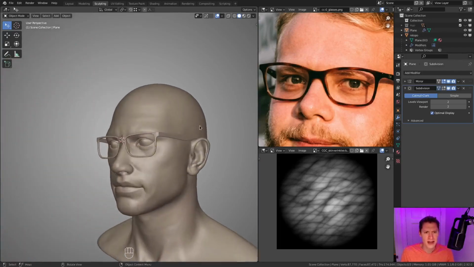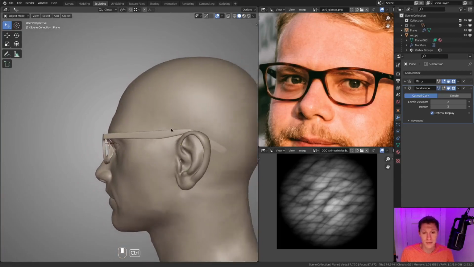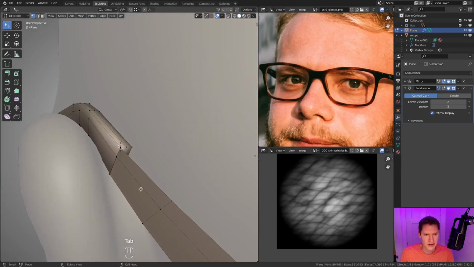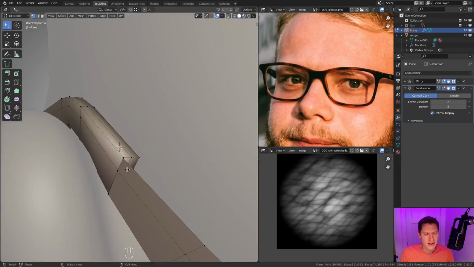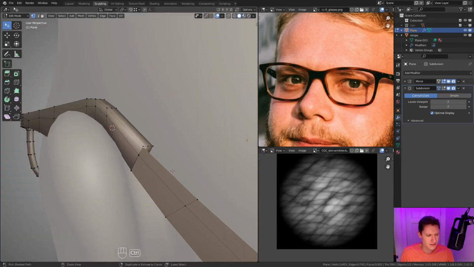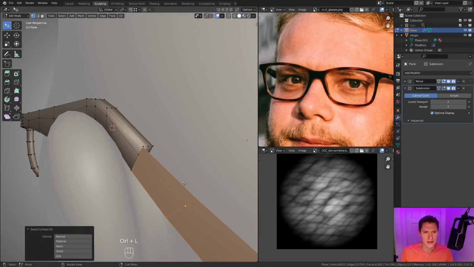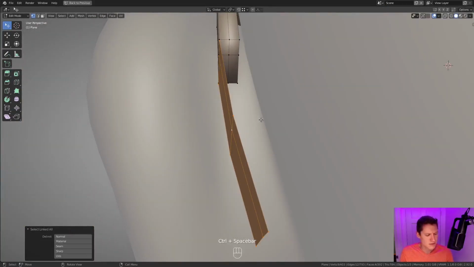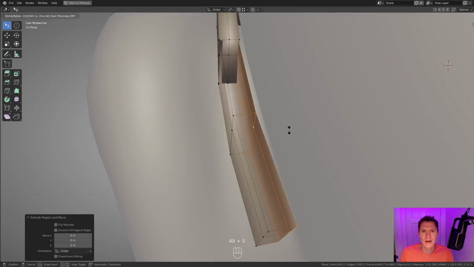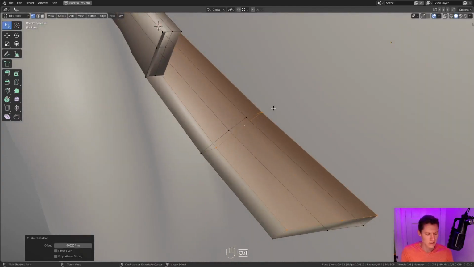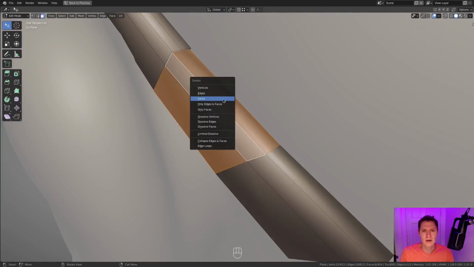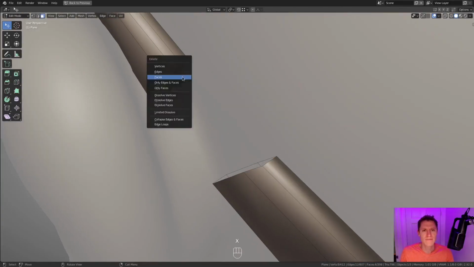All right, let's get a feel for the glasses now that the frame is finished. Oh, except for that little part in the back that I messed up. What happened here? I accidentally separated these, it looks like. Okay. So let's see. We can solve it easy enough. E to extrude. Right click, Alt S to push it out. Okay, and then I'll delete these faces, or it's a face loop.